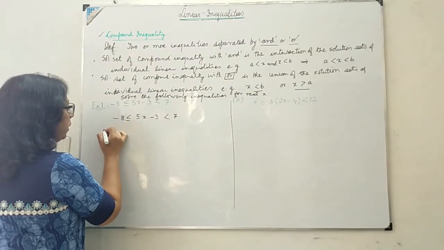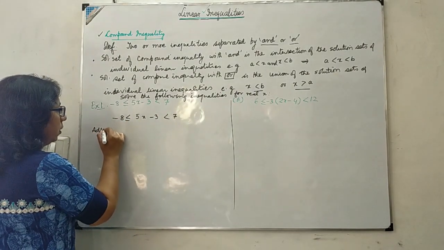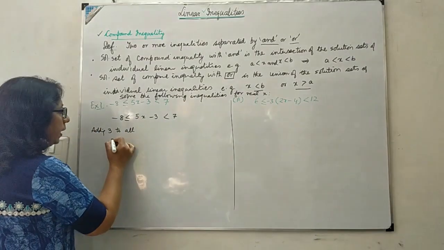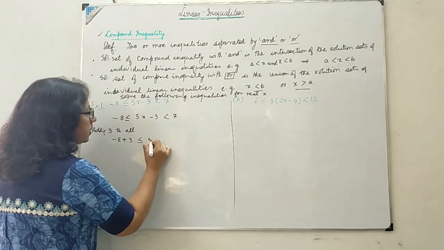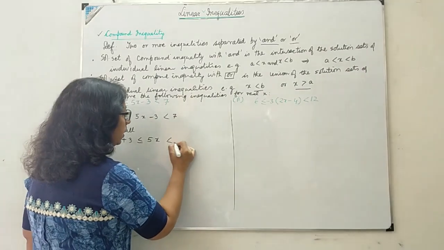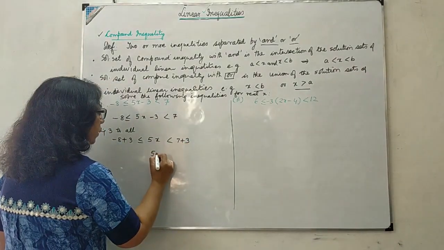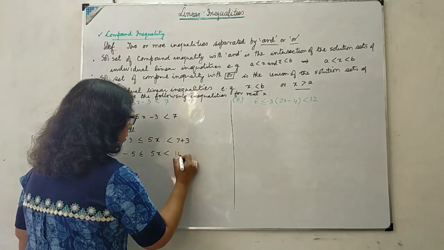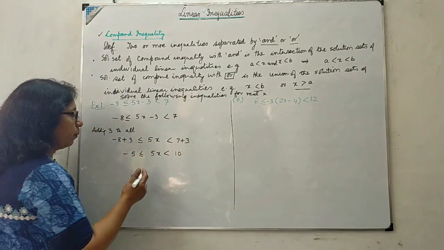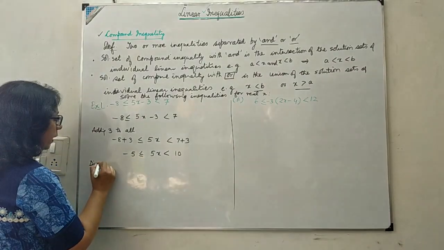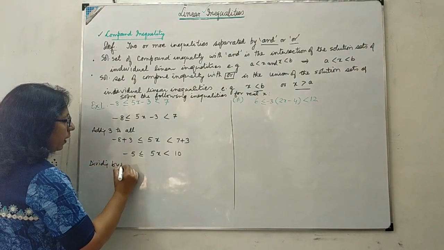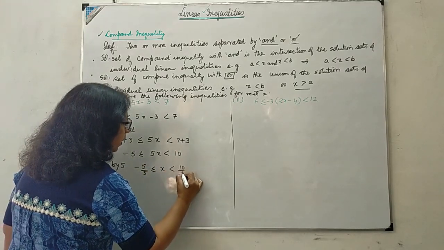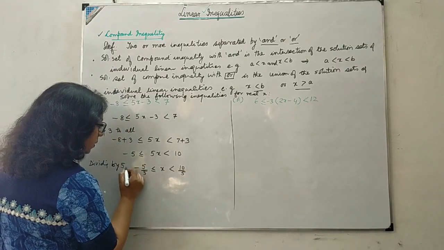So adding 3 to all inequalities, because it is a positive number, we get minus 5 less than or equal to 5x less than 10. Again I have to divide by 5 throughout: minus 5 by 5 less than or equal to x less than 10 by 5,